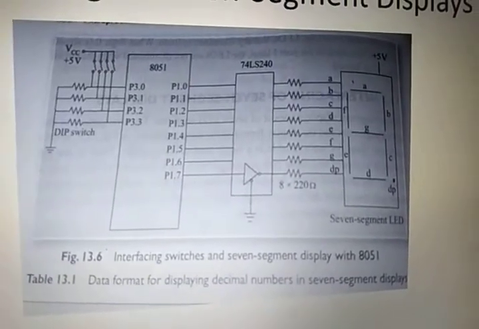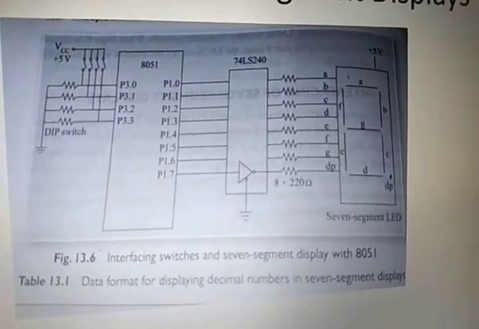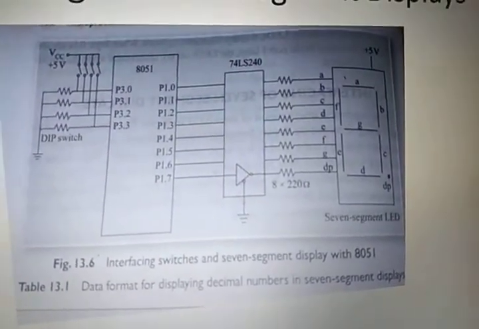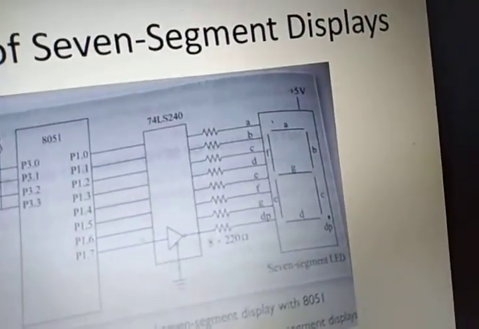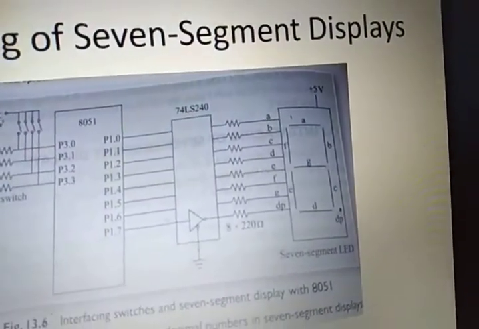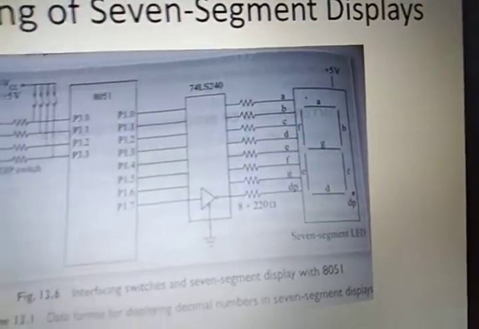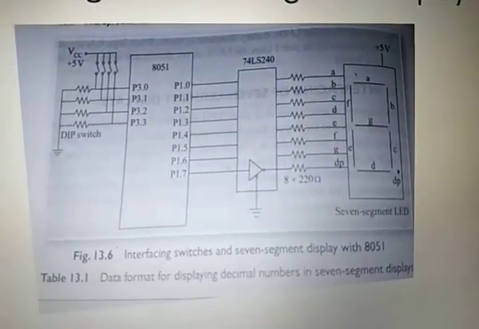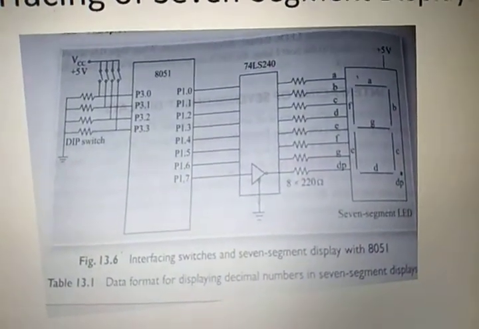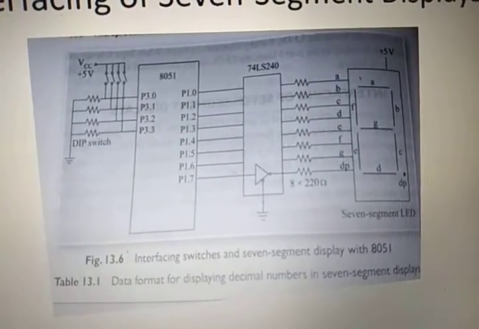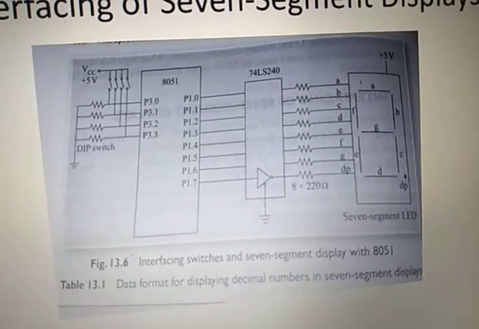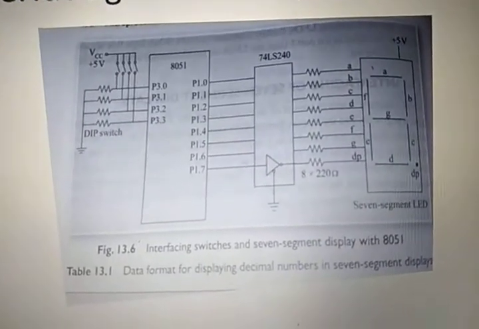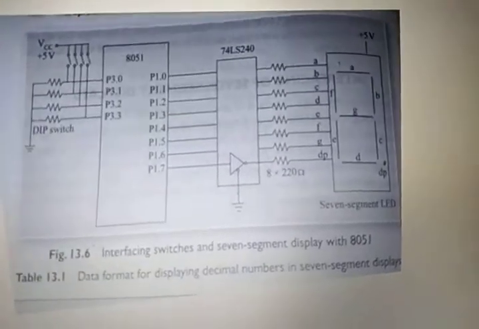A 4-bit number is given, and that 4-bit number has to be converted into the equivalent 7 segment display code in terms of 8-bit information, and this is done by an intermediate converter, the 74LS240 chip. Now to interface with the 8051 microcontroller, as usual, port 3 is used to read the BCD number, and this is given to the 74LS240 via port 1, which converts the 4-bit BCD code to the 8-bit 7 segment display code.